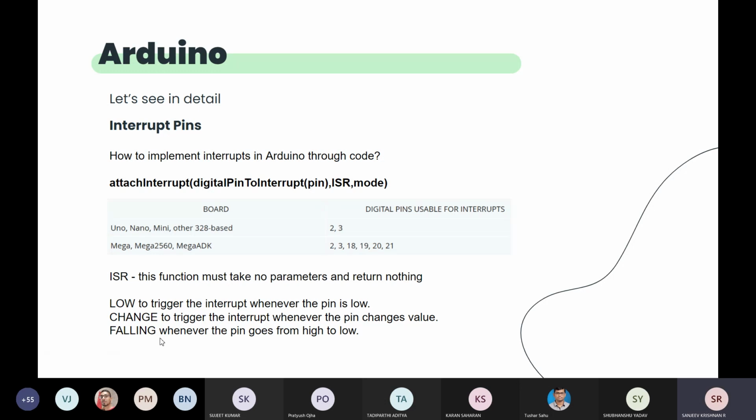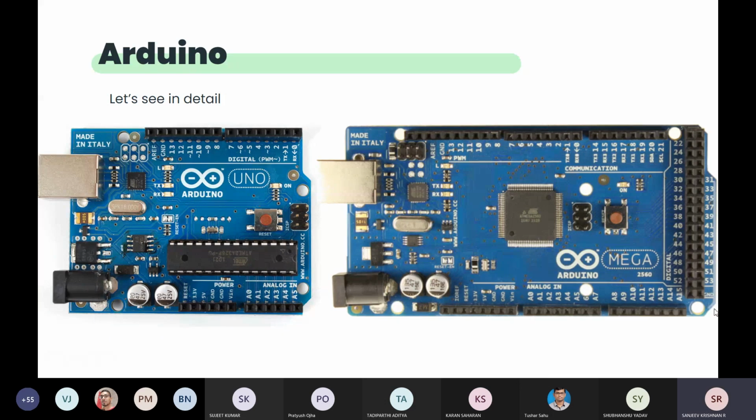So how is this interrupt happening basically? See here, I said in Uno, 2 and 3 are interrupt pins. So how will I make an interrupt? I have to give some signal to this pin. If I use this pin for interrupt, I'll know that if some signal is coming to this pin, it is my interrupt, right? If I have to make an interrupt, I have to send a signal to this pin.